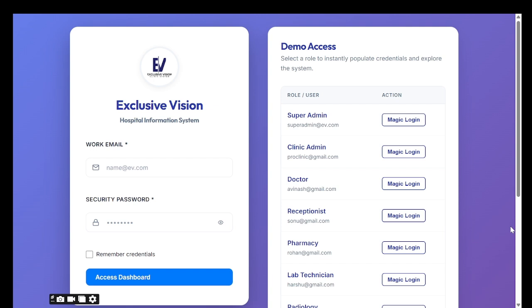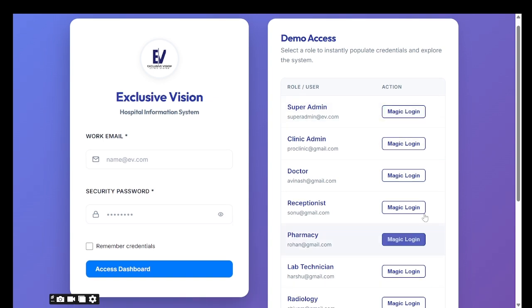It's a comprehensive healthcare organization system which manages all hospital administration operations in one integral platform, also a unified digital system that improves data accuracy and reduces paperwork and errors. Now we'll go with super admin first. Super admin dashboard.